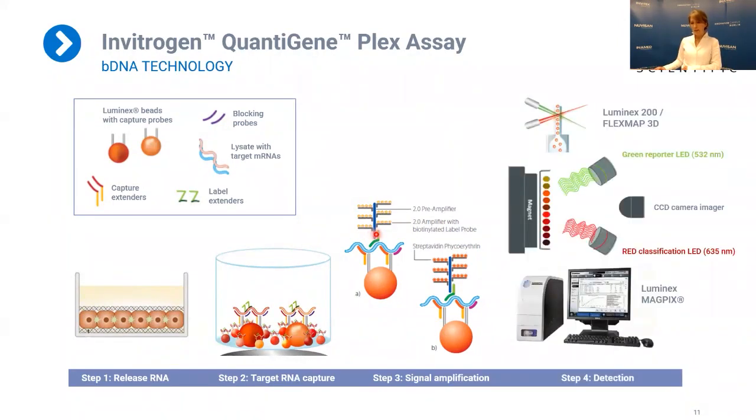The last step is the readout, and this is performed with a Luminex device, and independent of which device you use, the basic principle is very similar. You have 2 lasers. One will identify the bead type, and the other will identify the fluorescence intensity associated to a certain bead type. And the median